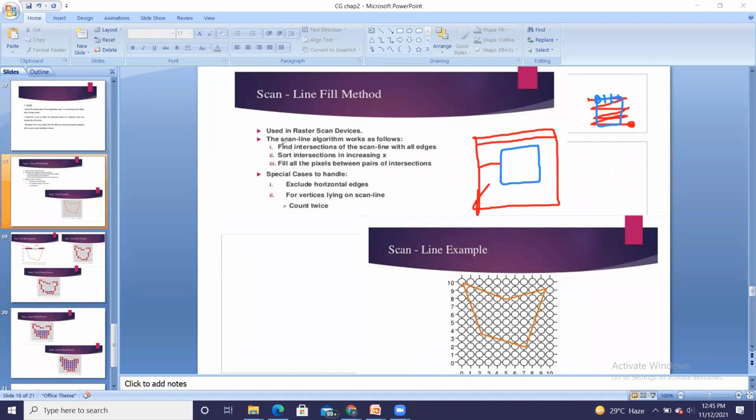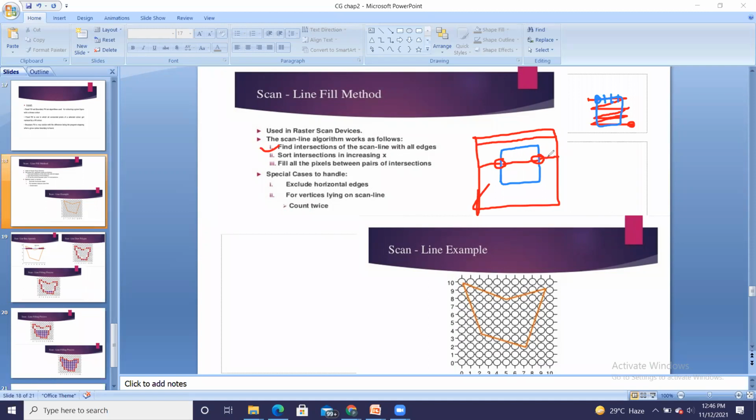And what it will do, first it will find the intersection of the scan line with edges. So the scan line gets intersect at this point, and as soon as the intersection takes place, the coordinates of this point and the next intersection, coordinates of this point, will be stored somewhere.